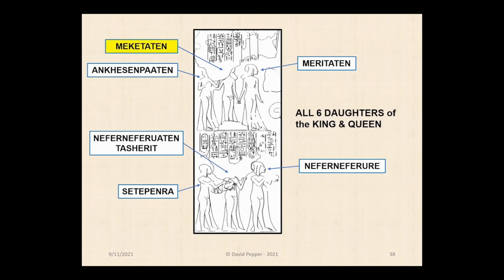In the top trio, one daughter turns her head to face her younger sister, who holds a persea fruit to another sister's nose. She holds hands with her older sister. In the trio below, Neferu-Aten Tasherit is holding a gazelle, and her younger sister, Setepenre, holds flowers and pets the gazelle. The second younger sister, Neferneferure, looks toward her parents and holds out her hands in offering something.